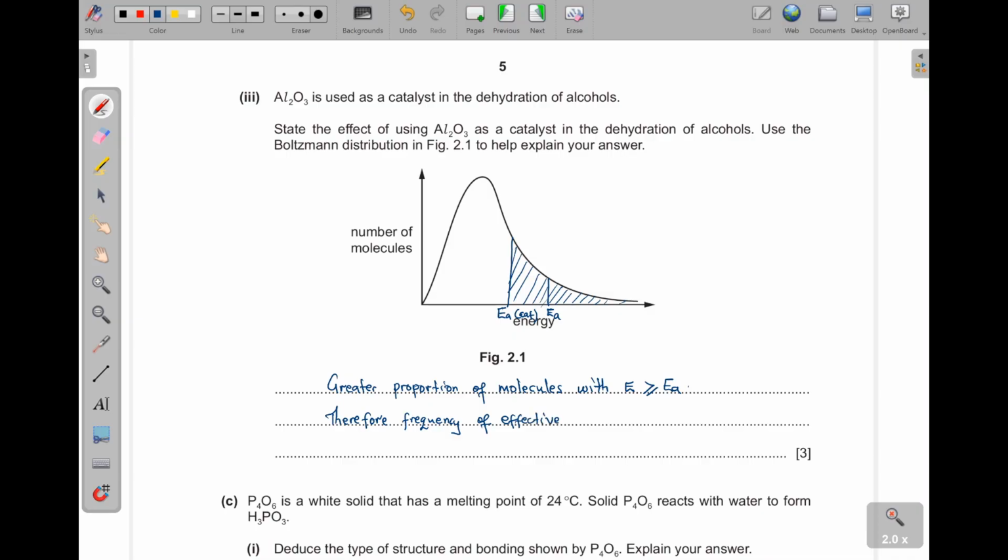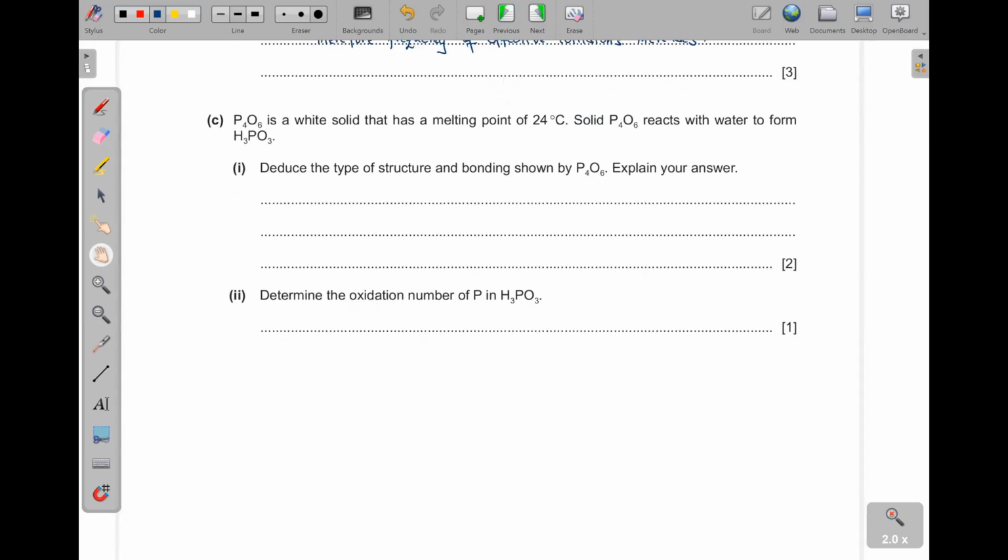Effective collisions increases, resulting into a higher rate of reaction. Okay, then part C,